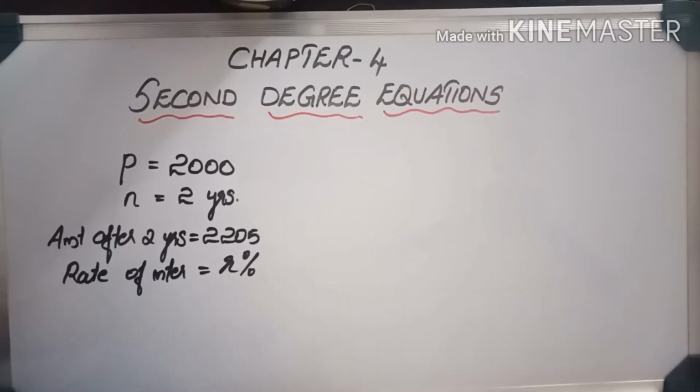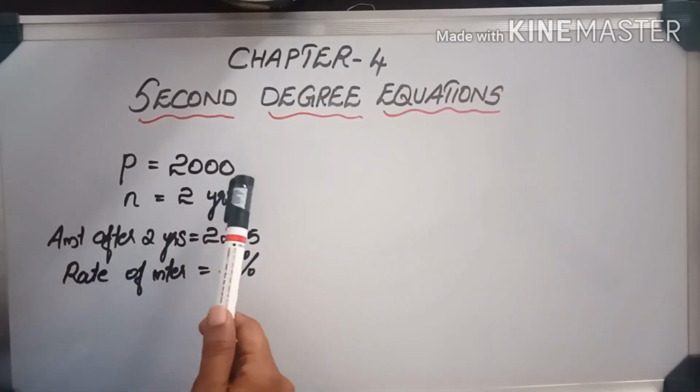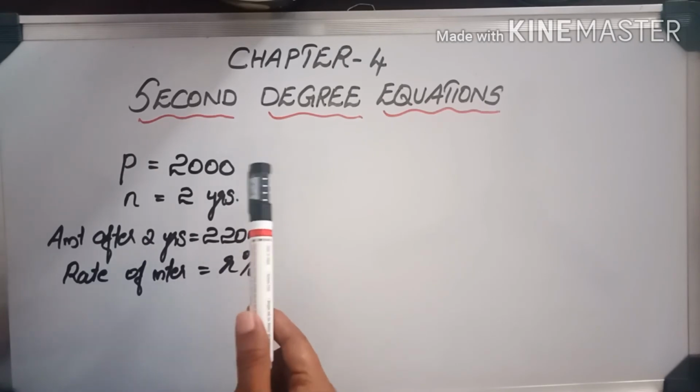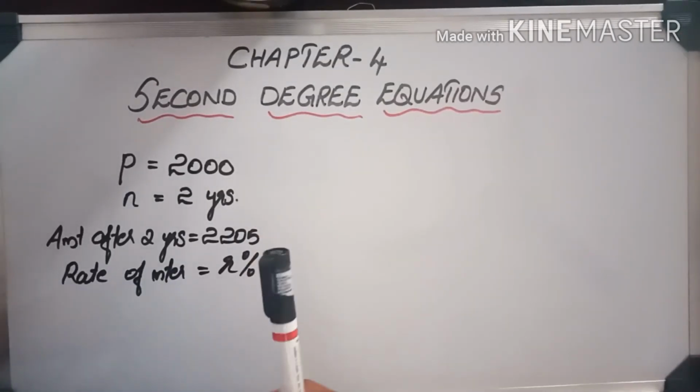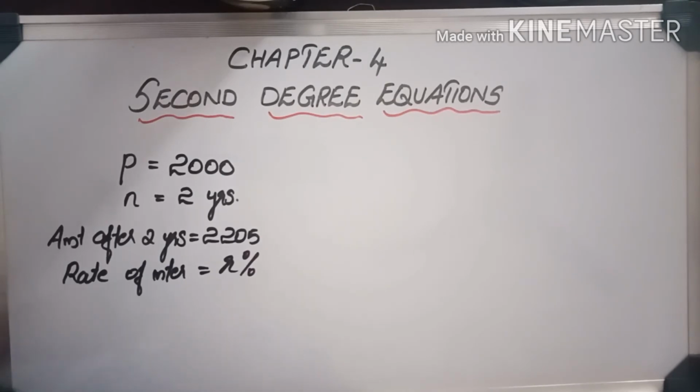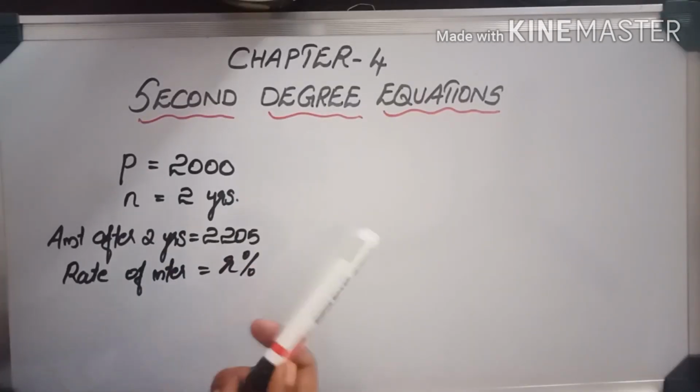So let's see how. Here in this question, the amount is 2000. 2000 rupees is invested in a scheme which gives a particular interest rate annually, compounded annually. Now after 2 years, in that account 2205 rupees was there. We can consider that amount as P. You know these notations from 8th standard. P is the principal amount. The number of years is given as 2 years.